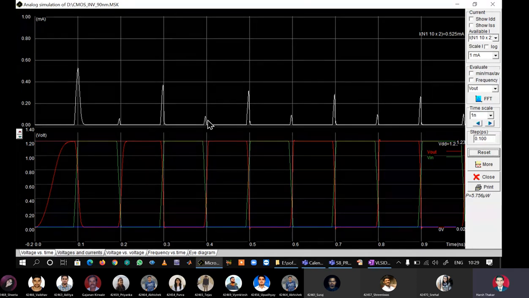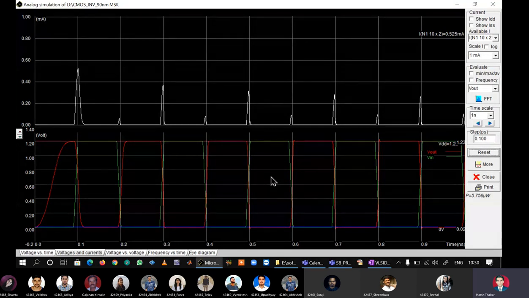So what happens is whenever the input is changing from 0 to 1, the PMOS is going from on to off state. Similarly, the NMOS is going from off to on state. So for some time, because of non-zero turn off and turn on times of MOSFETs, for a very short duration, the PMOS has not completely switched off and the NMOS has switched on.